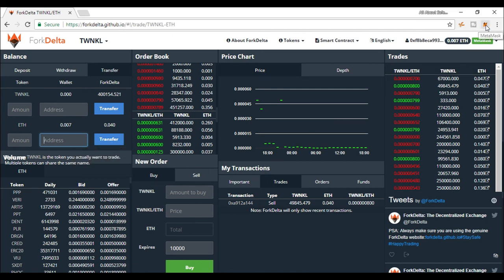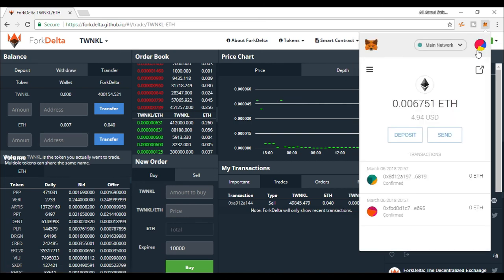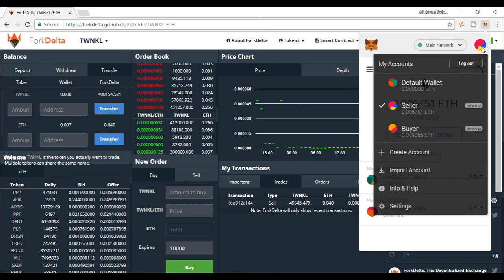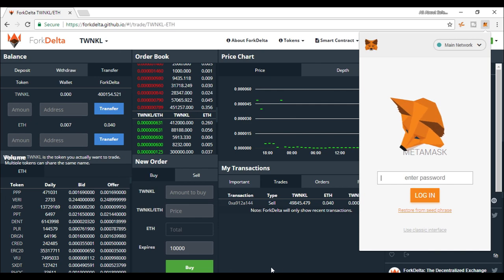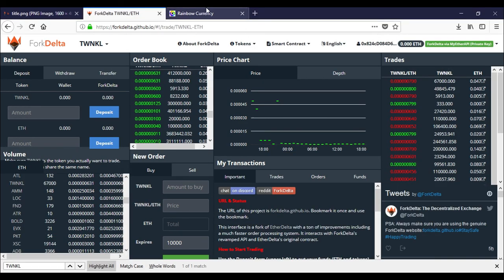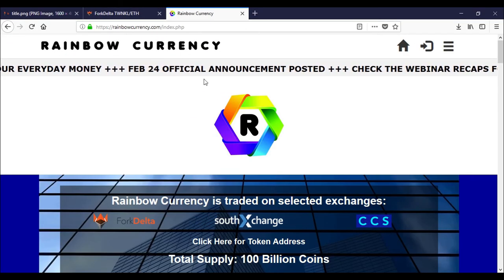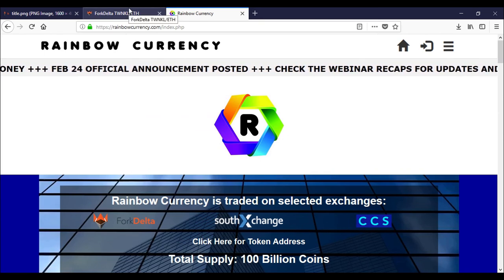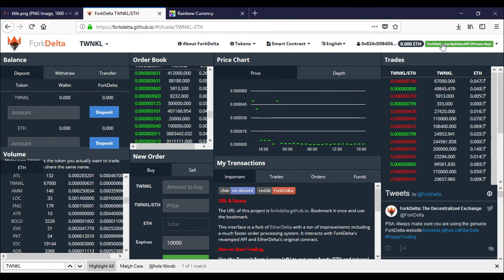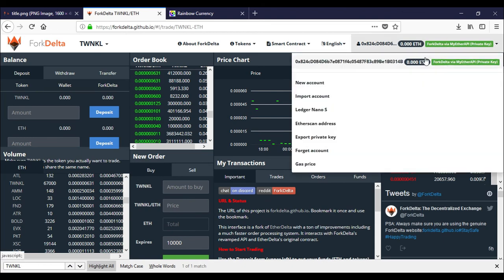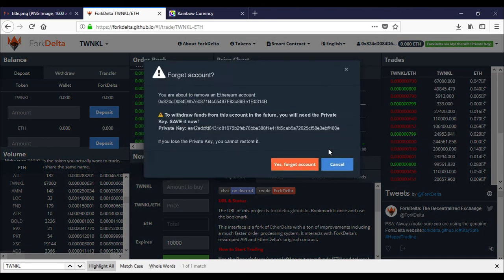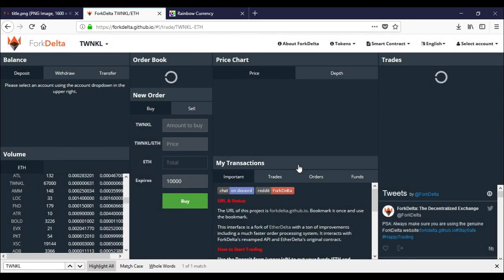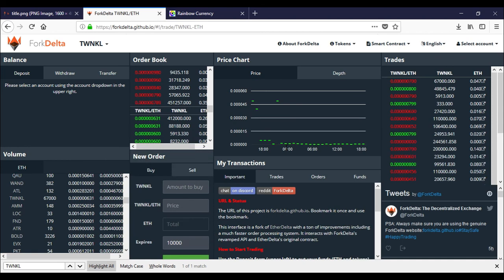Before ending, I would log out of my MetaMask account so that my wallet is not kept open, which other sites in this browser can have access to. And if you have imported the account, then definitely remember to forget the account. Save keys if you have not done already.